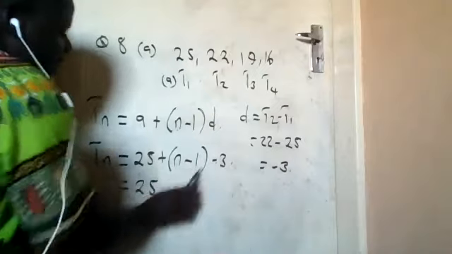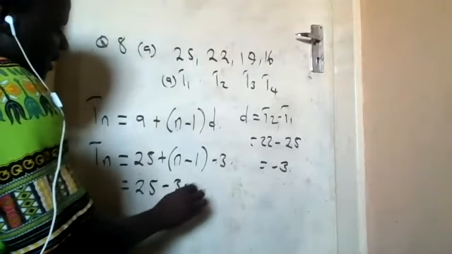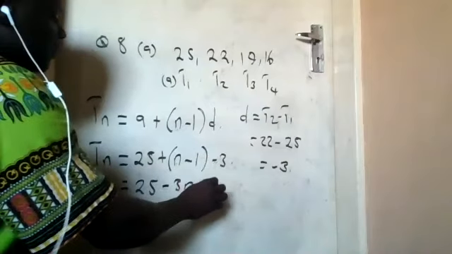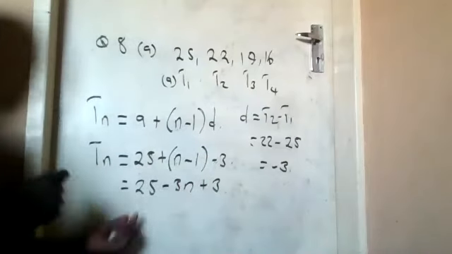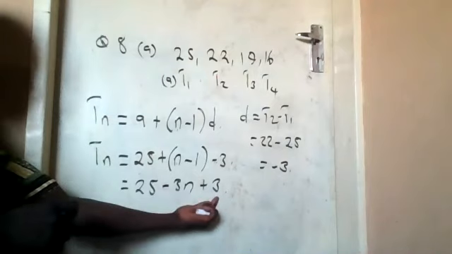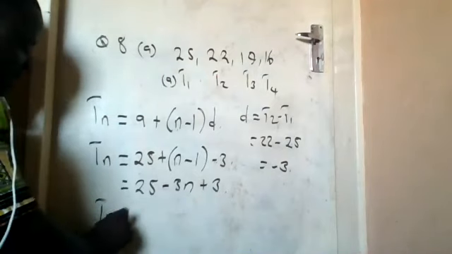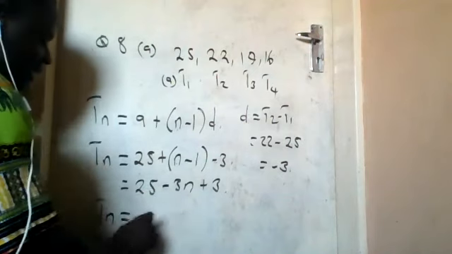We are going to have negative 3n. Then negative times negative, which is positive 3. But the 25 and the 3 can be added. So once we add that, we're going to have 25 plus 3, we're going to have